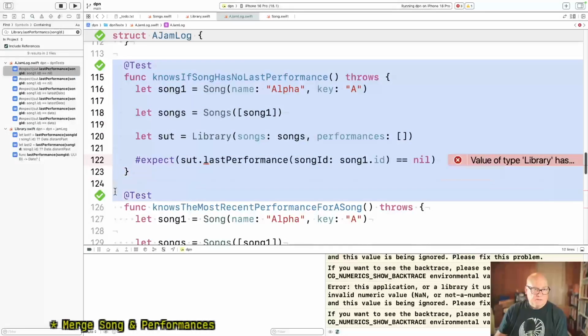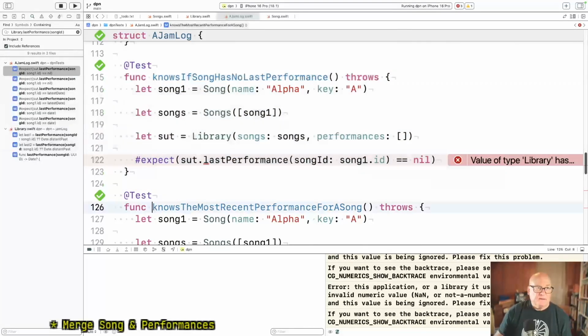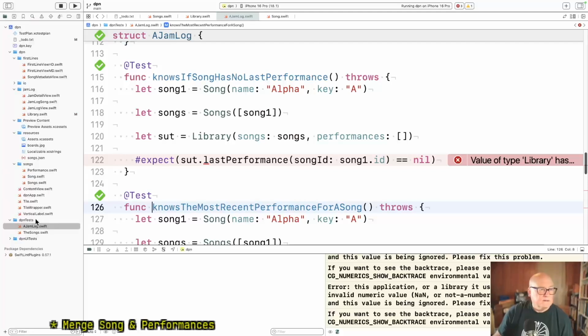A song knows if it has no last performance. That seems true. Let's open a song. Oh, do we not have a song? Okay.